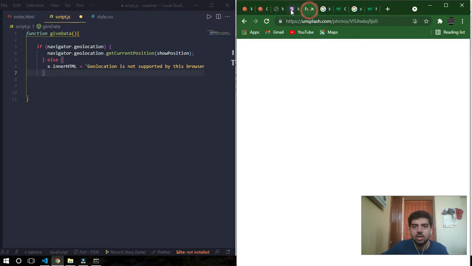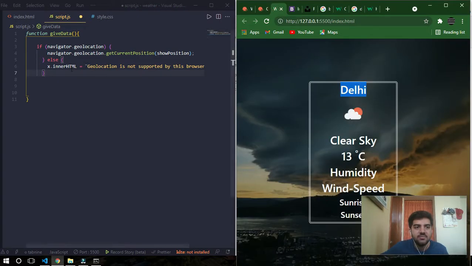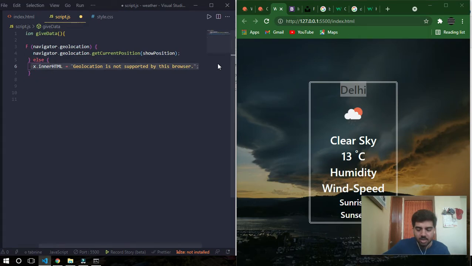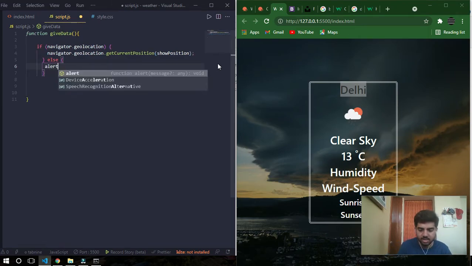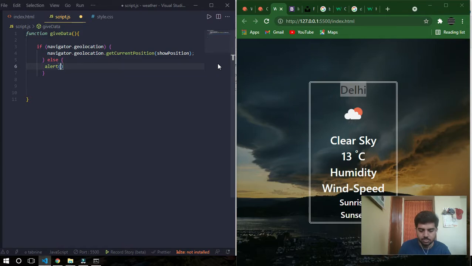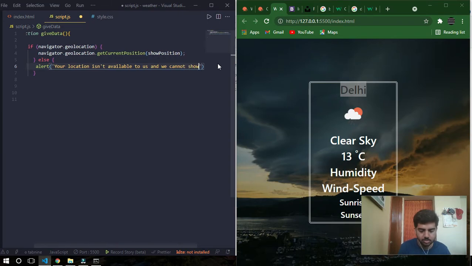Now I'll not give innerHTML and all. I'll just alert the user saying that your location isn't available to us, and we cannot show weather data.